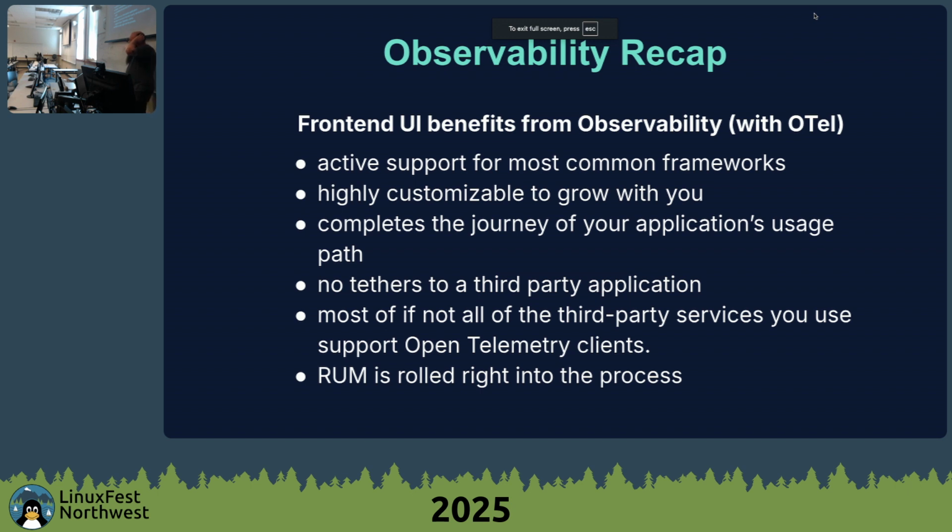And then most, if not all, of the third-party services you use support OpenTelemetry clients. So again, Redis, MongoDB, any of the other third-party vendors, the data platforms, you're going to see their name is known within OpenTelemetry, and you'll see a database is going to get the database icon, the API is going to get a little API icon, things like that. And then RUM is rolled right into the process. So if that Web Vitals, you're going to see more and more of those packages popping up, and that just gives you,